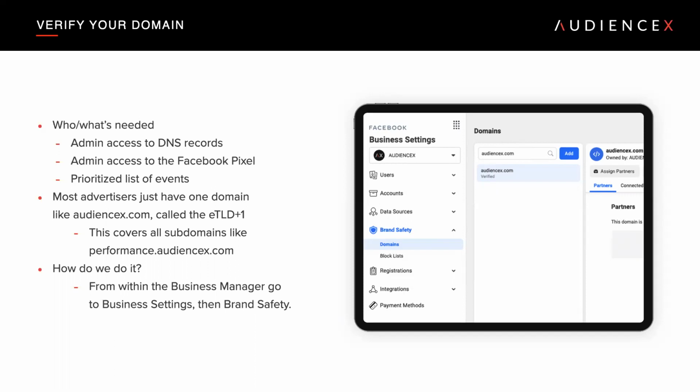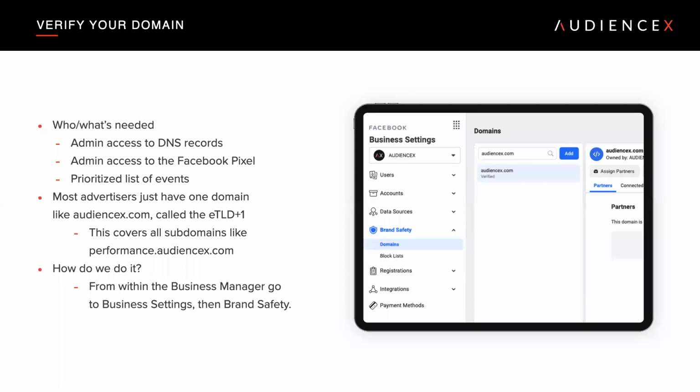And you need a few things to do it. The first thing you're going to need is a person who has the admin access to your website's DNS records. This, in my experience, is typically not the media folks. It's somebody in the web dev team, or elsewhere. But you're going to need to connect with one of the people who has the DNS records so they can make an update.